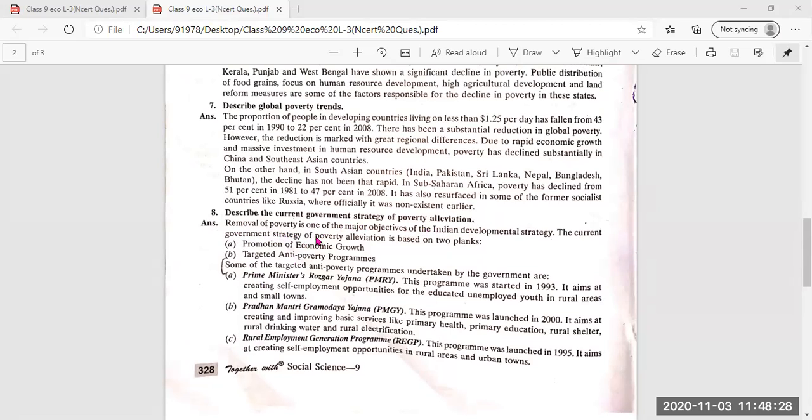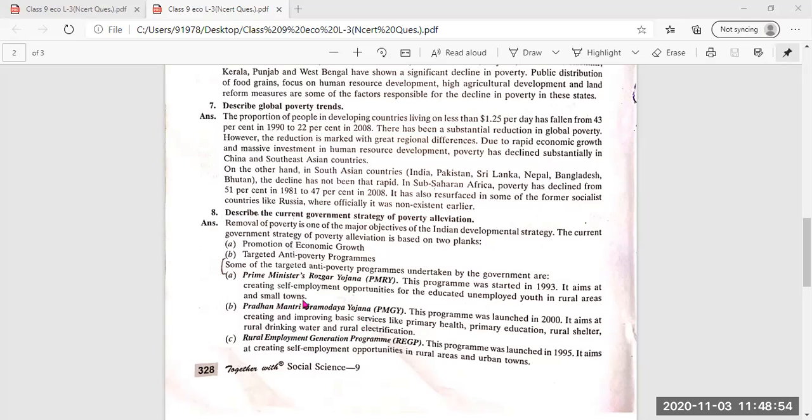Now, removal of poverty is one of the major objectives of Indian development strategy. The current government strategies of poverty alleviation are: first, promotion of economic growth. Economic growth should be promoted, and many anti-poverty programs have been started. Among these is first, Prime Minister Rozgar Yojana, in short PMRY, which was started in 1993